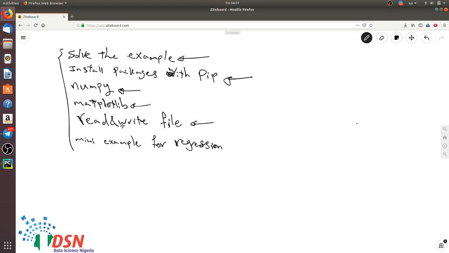Then we are going to learn how to read files and how to write files, in a very simple form, because reading and writing files has many different ways, but we are going to learn the simplest way to do that. And at last, we are going to see an example about a regression to use all of these steps. Okay,